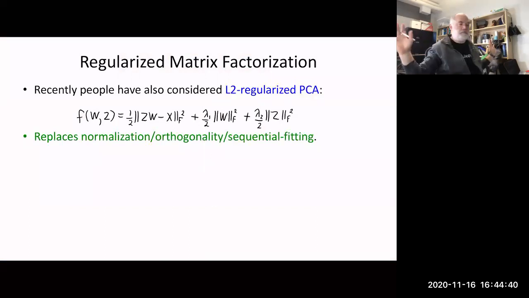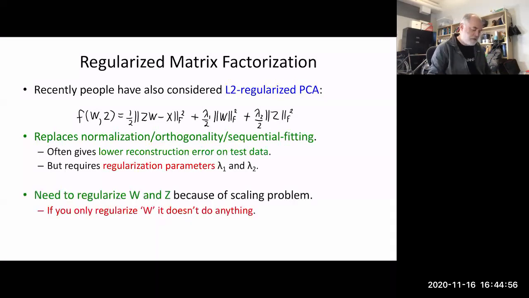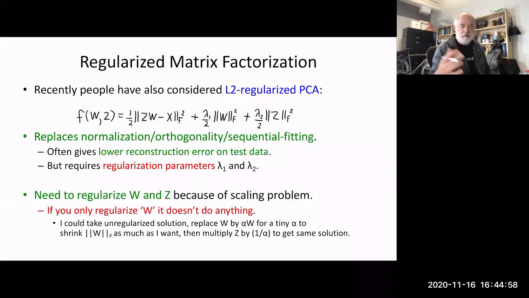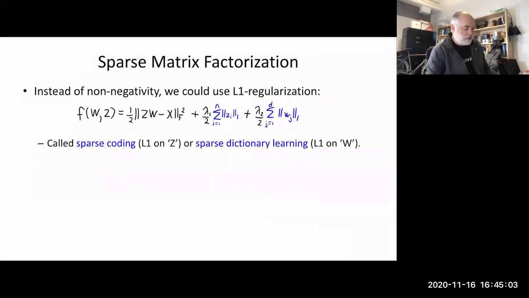So, like we've been talking about, you can do all your standard stuff, right? You can do L2 regularized PCA that replaces normalization, orthogonality, sequential fitting. You need some regularization parameters. You have to regularize because of the scaling problem, which we've already talked about. Fine. We can do sparse matrix factorization using L1 regularization. So we can put L1 priors on these. This is called sparse coding if you put L1 on Z, or sparse dictionary learning if you put L1 on